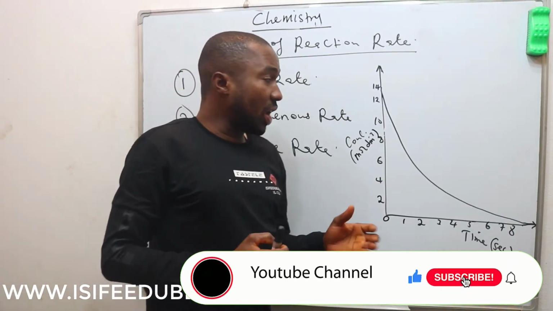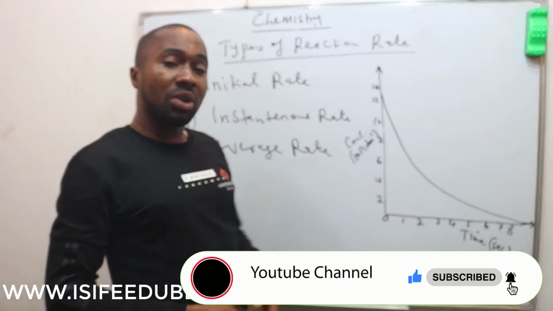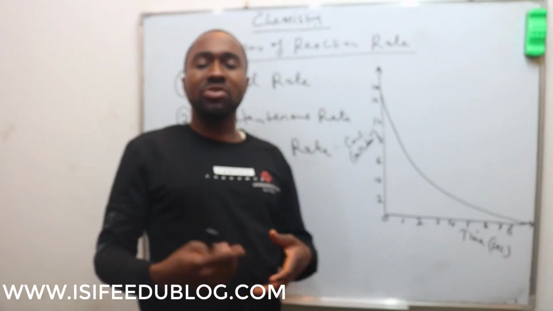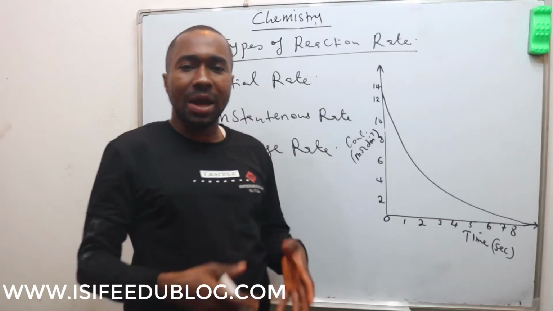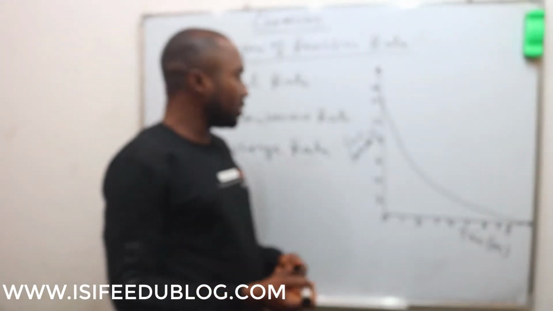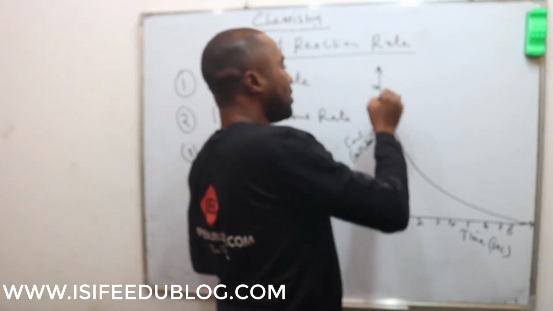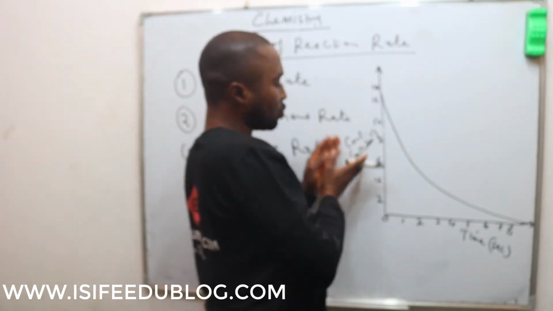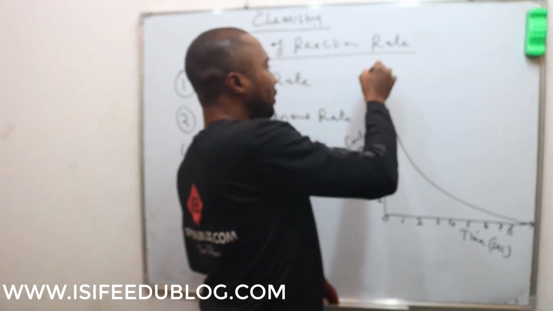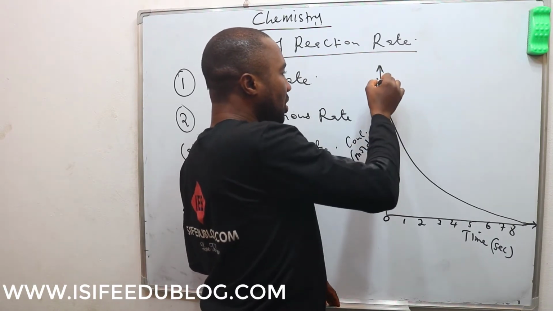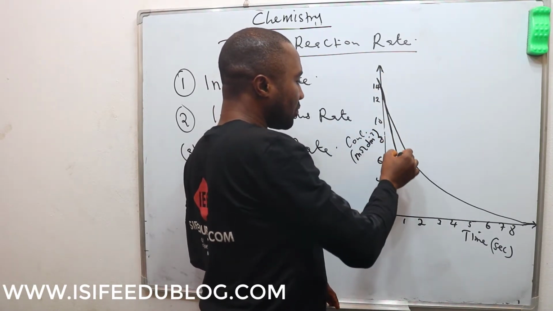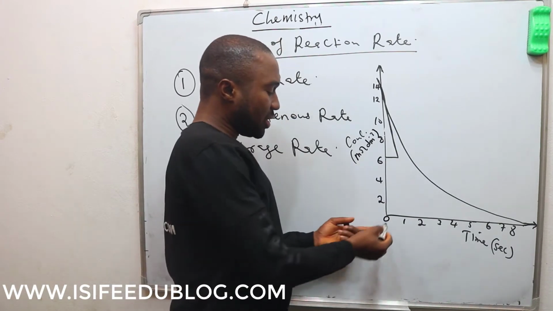So the initial rate, like I said, is the rate of reaction measured at the moment the reactants are mixed together. That is at the beginning of the reaction. The rate determined at that point is the initial rate. It can be determined from the graph. When the graph of concentration is plotted against time, the intercept at t equal to 0 gives us the initial rate of the reaction. That means at this point,